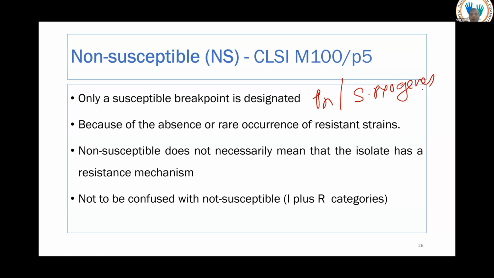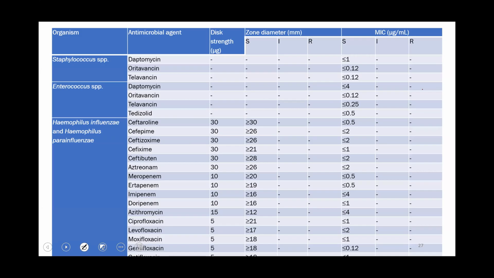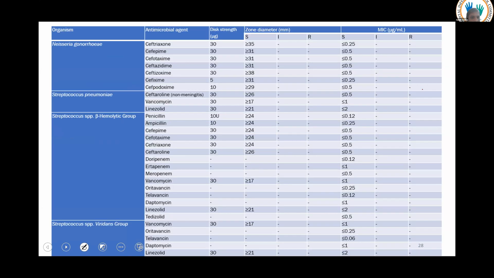What is the breakpoint here? A susceptible breakpoint? Penicillin for Streptococcus pyogenes: more than or equal to 24 is sensitive, and there is no resistant breakpoint available. So that means if you get 25,